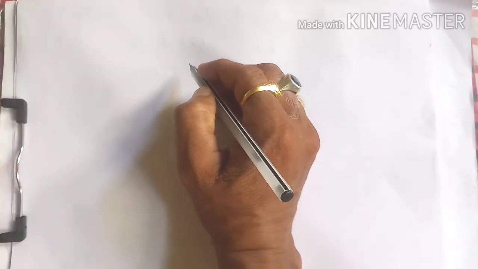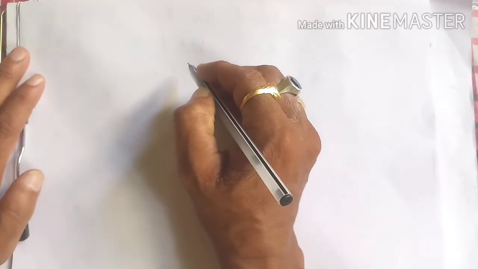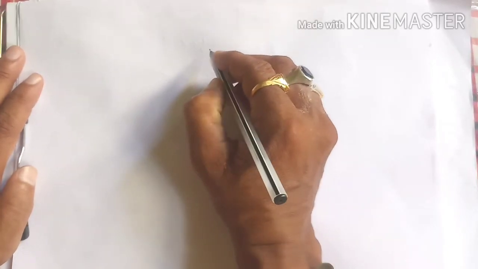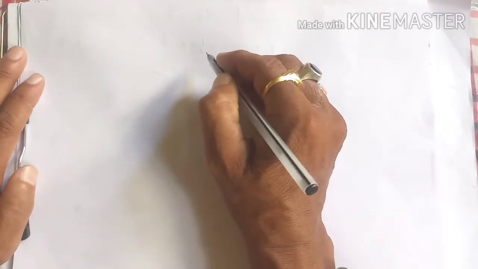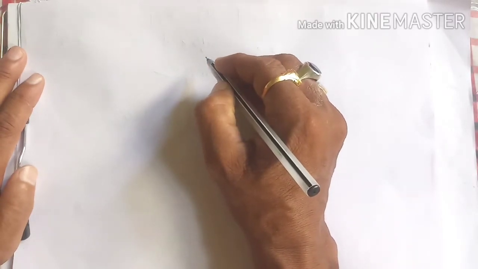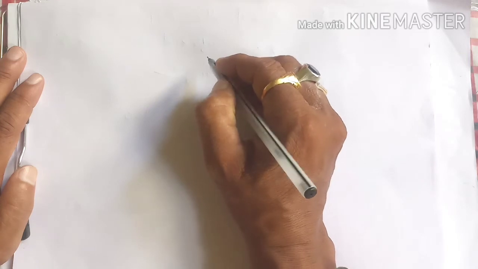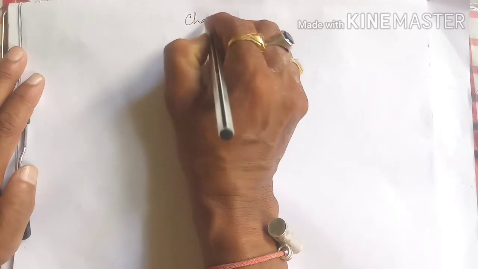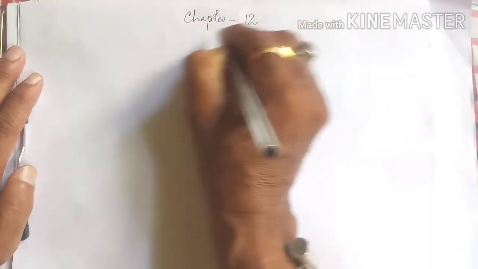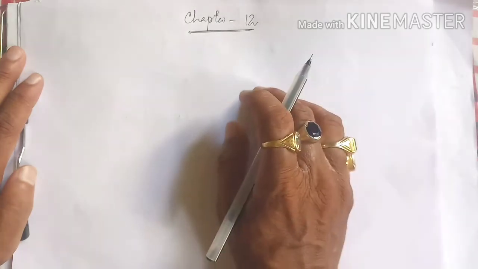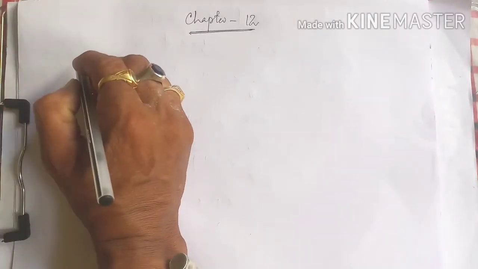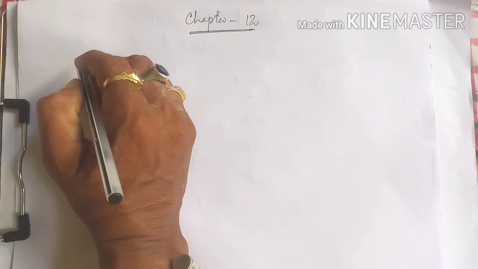As per daily, we are going to start the area related to circles from the NCERT 10th textbook. In the previous class, we already completed up to exercise 12.2, and in chapter 12 we discussed how the formula of a sector and segment is derived. Now today we are going to start with a new topic, that is area of combination of plane figures.